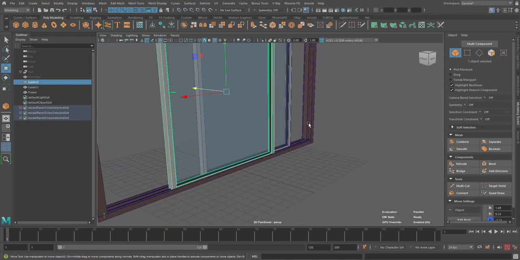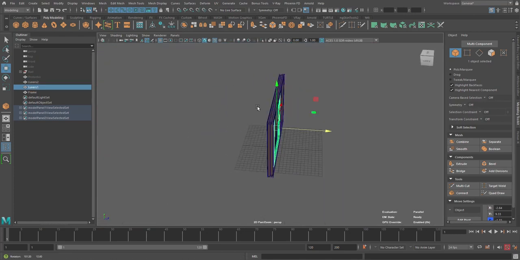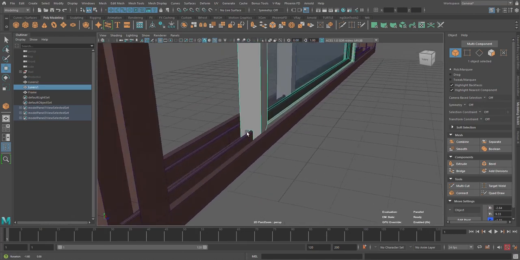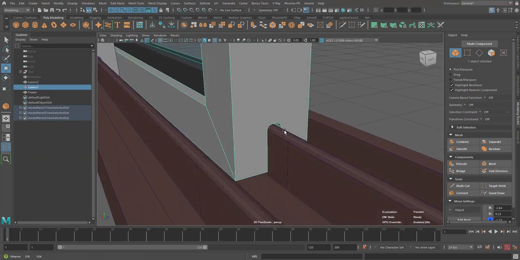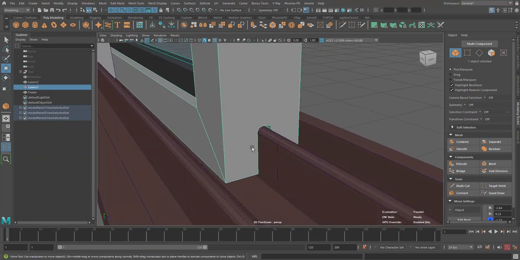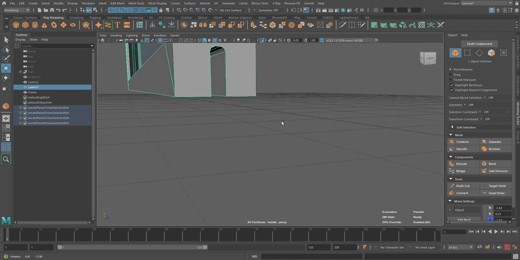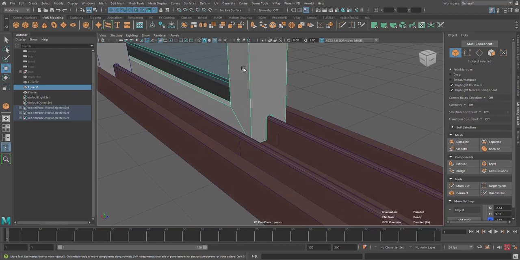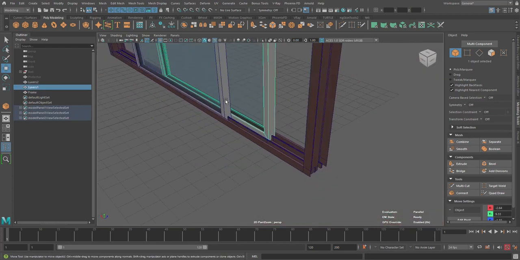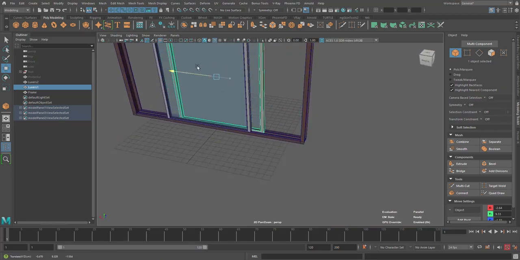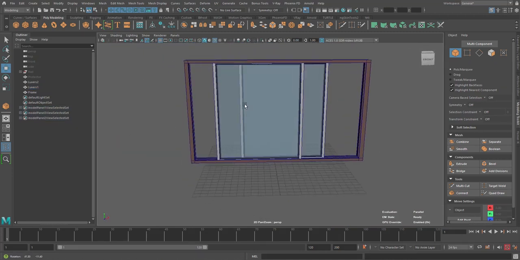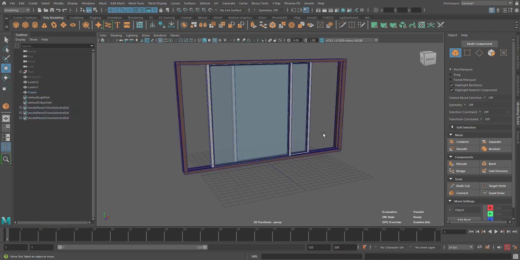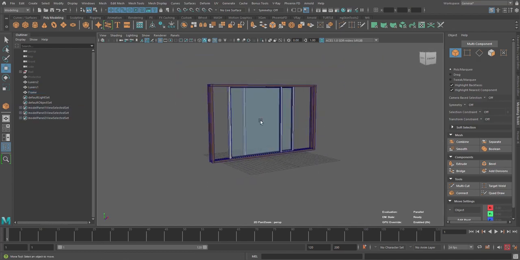After I've done this, I just made a copy of it to give me the second one here. Then I also did a boolean, intersection boolean, to cut out a hole from this. So we have this kind of hole here, just so it makes sense and we avoid mesh intersecting with mesh. All right, so I have this. The glass slides along the rail, that way. So this is the frame. These are the two louvers. I've also done a kind of protector